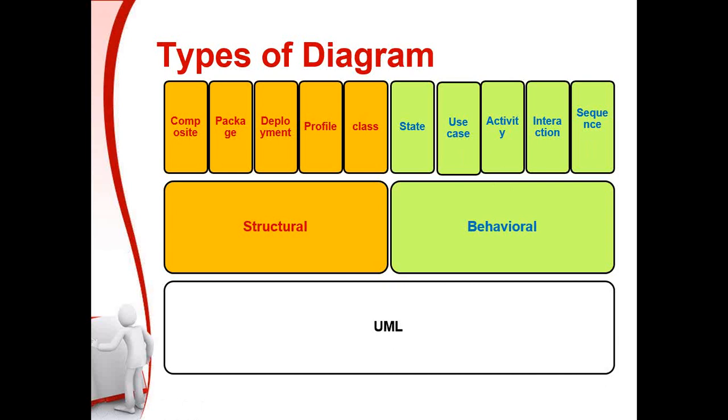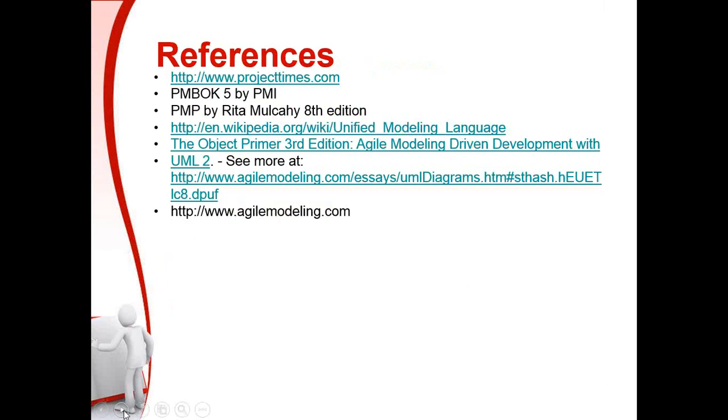So this is how you will define the state versus activity, sequence, how the interaction is happening between the ATM and the customer. This is all about your behavioral diagram, and this is where your behavioral diagram comes into the picture, and these classifications are there. So this is the type of diagrams which you can think about. Now, these are some of the references which you can look through and we can talk about. But this is just an introduction side of it, and there is nothing more to it.